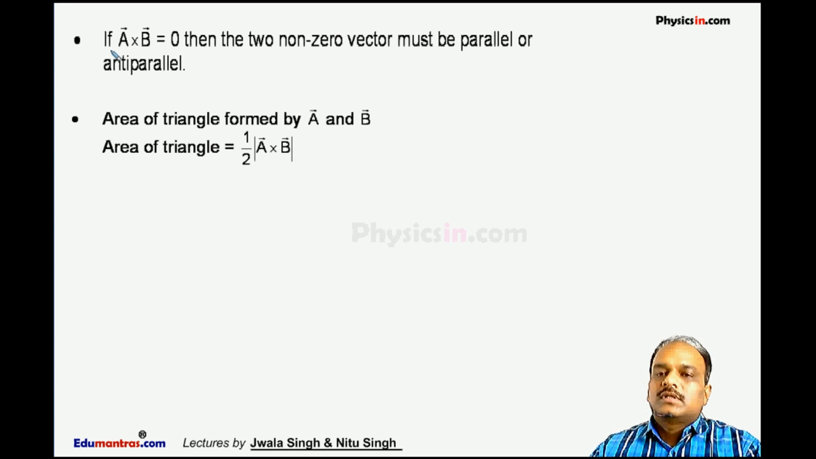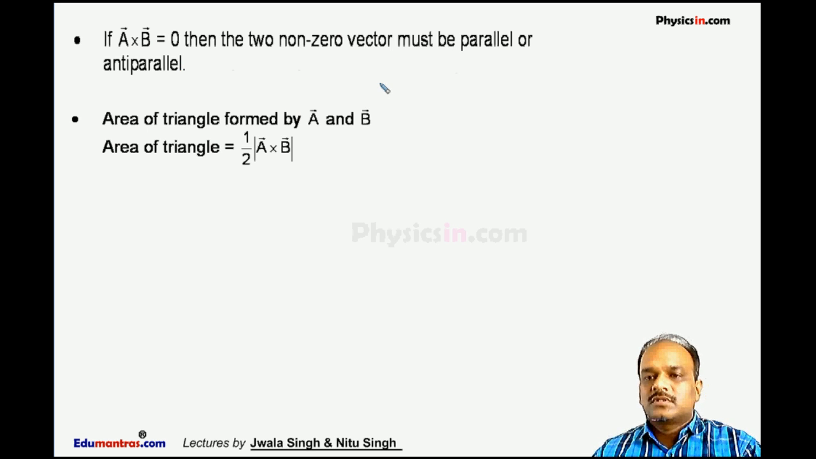Next is a property: if A cross B is 0, then the two non-zero vectors must be parallel or anti-parallel. As we know, A cross B is 0, and if A and B are not 0, then the angle between them is always either 0 or 180, because sine 0 is 0 and sine 180 is also 0. The area of the triangle formed by vector A and vector B is half of mod of A cross B,